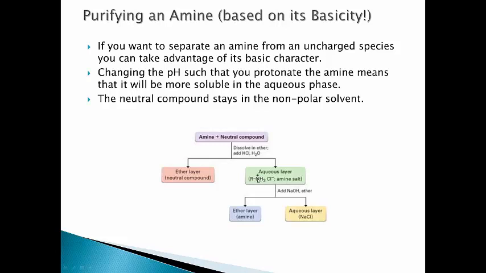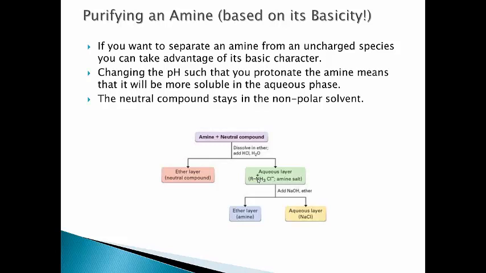So we could make it charged by putting the amine in an acidic condition. We'd make the salt, and then washing it with some sort of organic solvent such as ether will drag the neutral compound that doesn't get charged in acidic conditions into the ether layer or the organic layer,